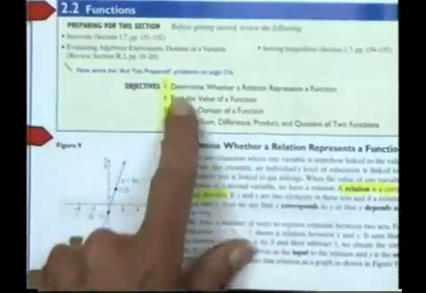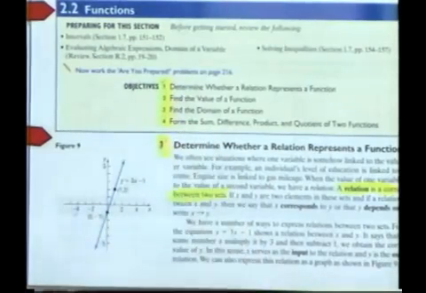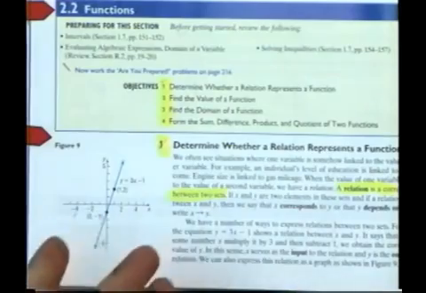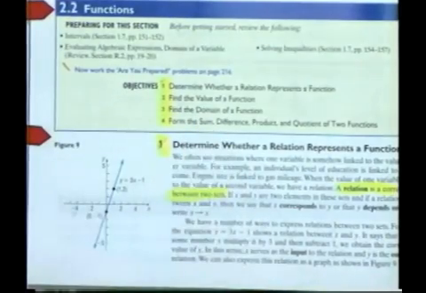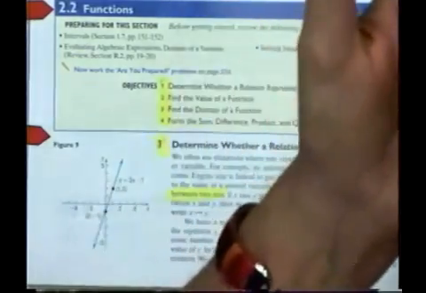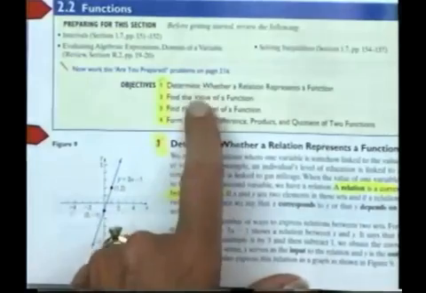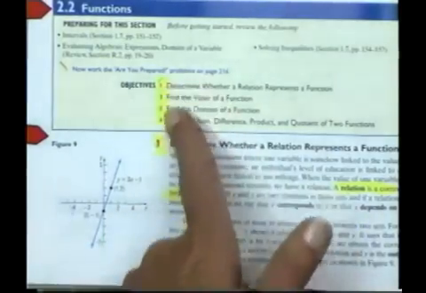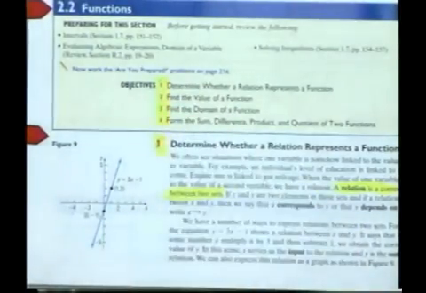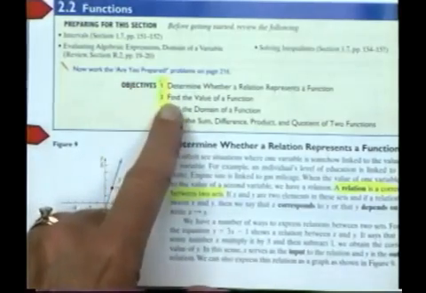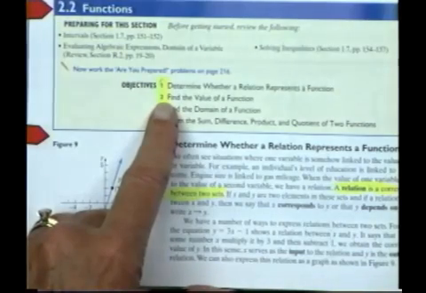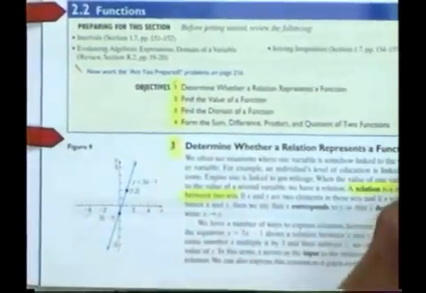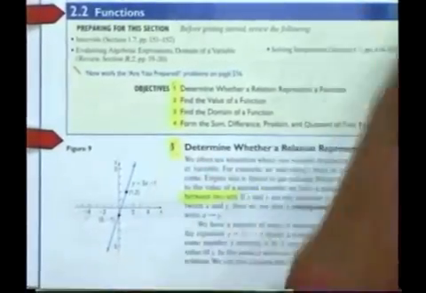Now, listed below that are the objectives. So on the sheet that I gave you, and if you're doing this by distance ed, I have the objectives listed, and for the class that's in here, you'll see that you have objectives listed. Now, each section we don't necessarily cover every single objective, but in this particular one we are, so I highlighted it. Now, what I really like about this textbook is if I want to go and spend more time, say, on Objective 2, it's very easy to find where Objective 2 is. There's where all the material for Objective 1 is, below it, and if I turn the page a couple times,